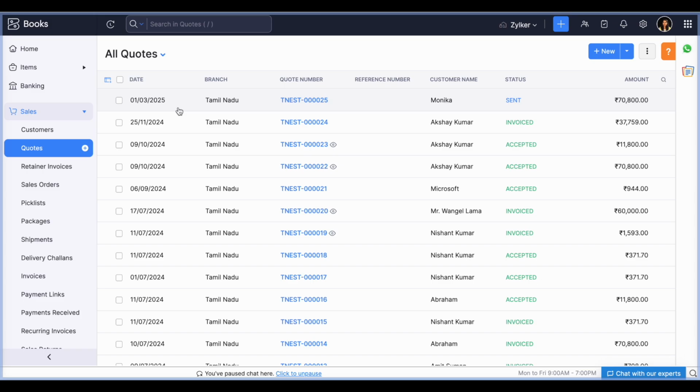So what is a progress invoice? Suppose your business involves project-type work and you are going to create invoices based upon the amount of tasks which you have completed. So you will be converting a partial amount in the quote into an invoice. For this purpose, we can use progress invoice.